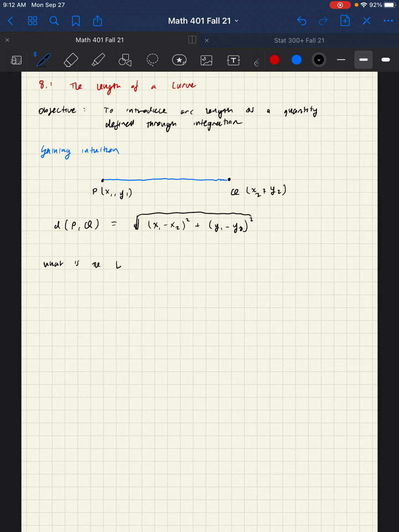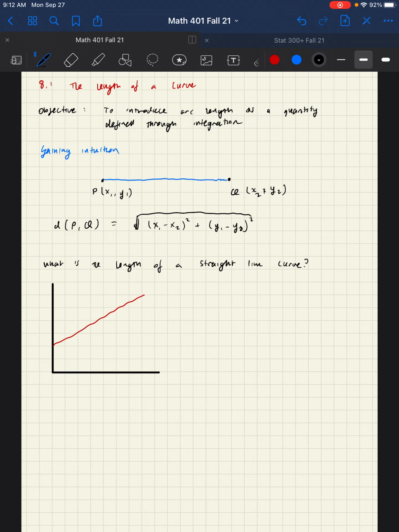And so our first example is, if we want to define the length of a curve, okay, what is the length of a straight line curve? And it shouldn't be too hard to see that what we're going to do here is the exact same formulation that we want to use. So